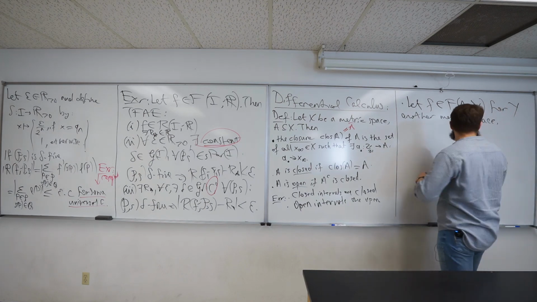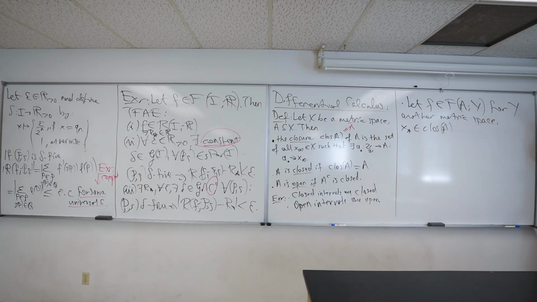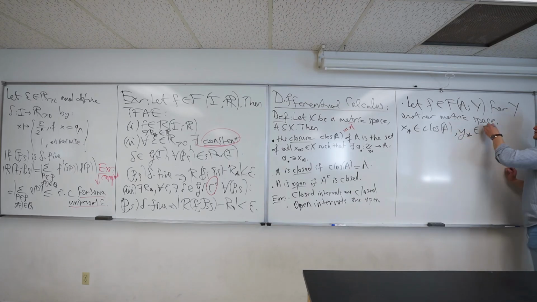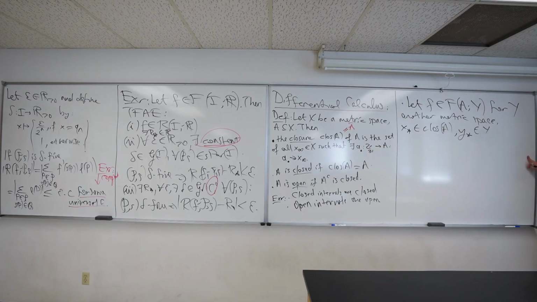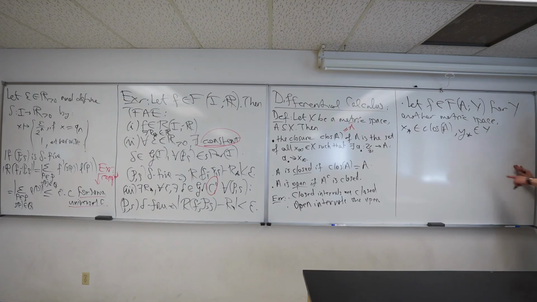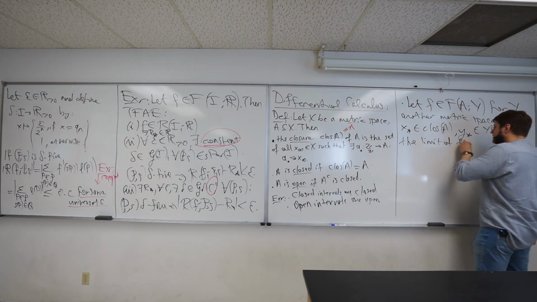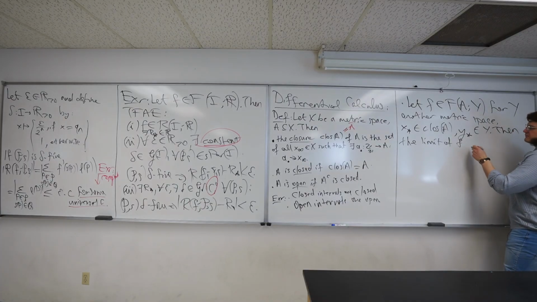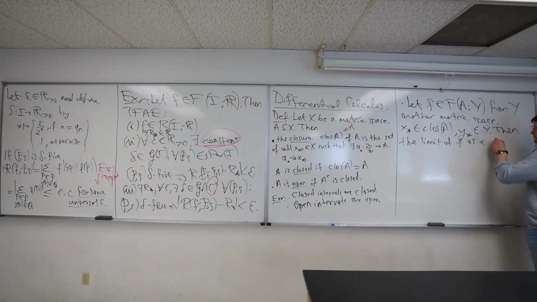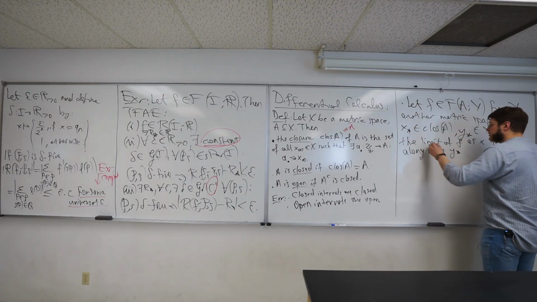I'll take a point in the closure, so let x star be in the closure of A and y star be in Y. Then I'm going to say that the limit of f of x as x goes to x star along A is y star